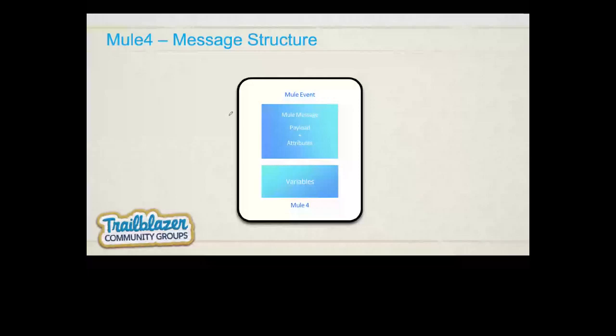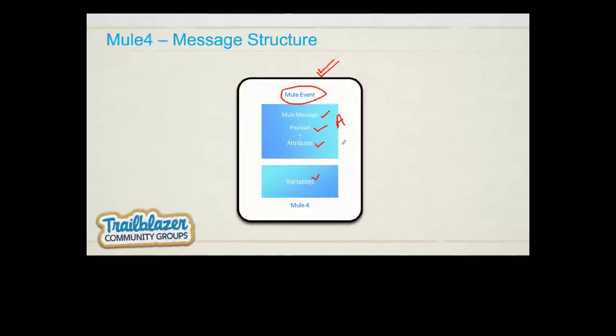A Mule event contains two things: variables and a Mule message. The Mule message contains two things: payload and attributes. Payload is the actual information that you are sending, the actual request body, or the actual response that you send back to the user.